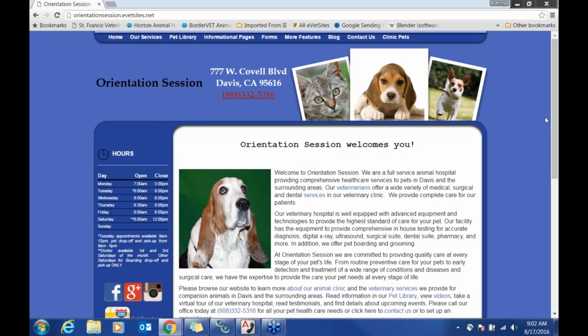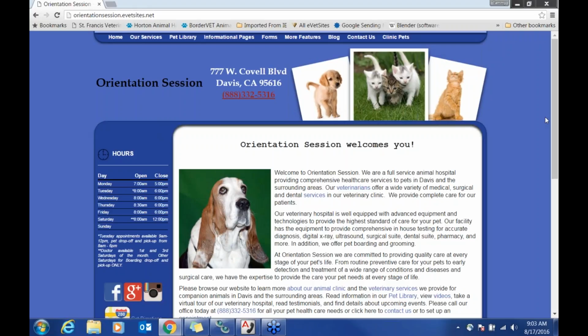Today we're going to be talking about uploading images, how to update and resize images that you might have. If you are new to eVetSites, this will be helpful. We have gotten you started with some images on the basic pages. We definitely want you to customize those images with either images you have taken or picking out stock images that